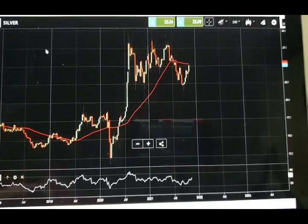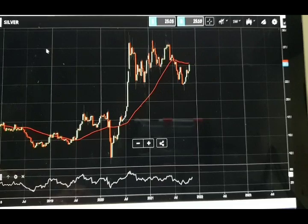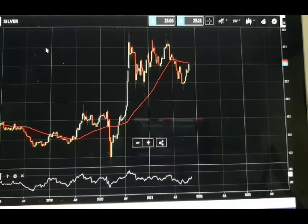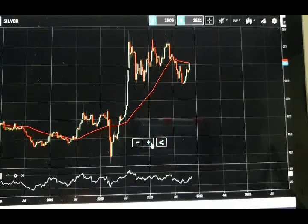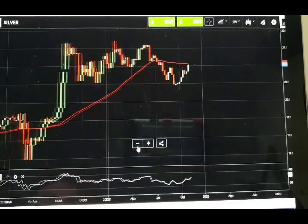I mean, with an interest rate hike, people are saying there's only one way rates can go, which is up, which obviously is fair enough. That's pretty obvious because where they are now, there's nowhere else for them to really go, and that could have an effect. But my gut's telling me